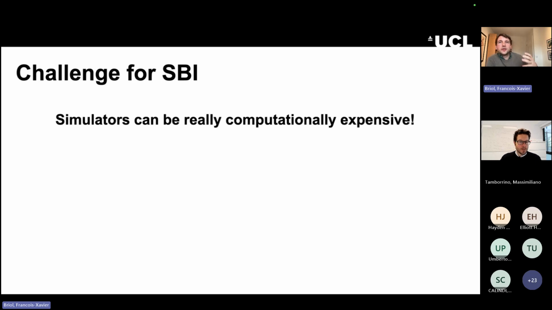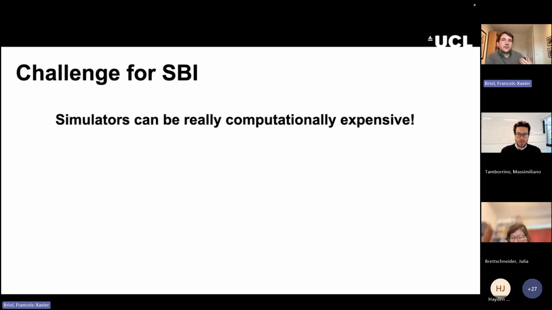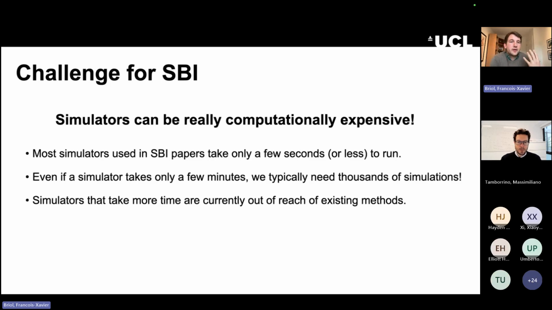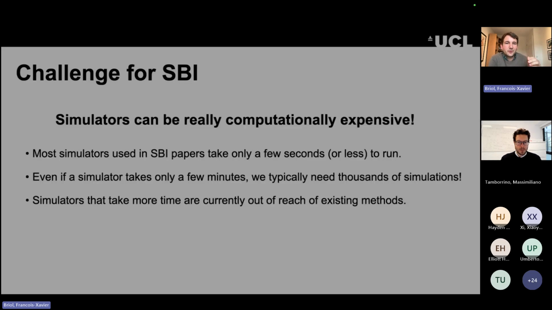Now, I've not really told you what I'm doing with my simulator beyond the fact that I'm using it to generate synthetic data. But typically, regardless of the method I'm going to be using, I'm going to have to do this many, many times, potentially thousands, hundreds of thousands of times. And that's the reason that if you look at most SBI, so SBI stands for simulation-based inference, and I'll be using this acronym throughout,